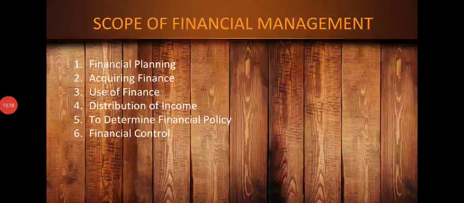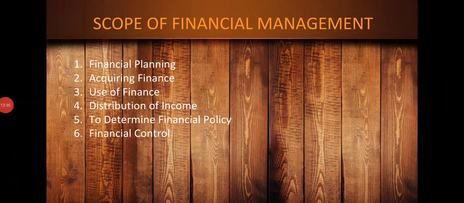Distribution of income is again an important point, because in this point the organization is going to have a proper allocation of their net profit among two options, that is retained earning and dividend distribution. If the organization